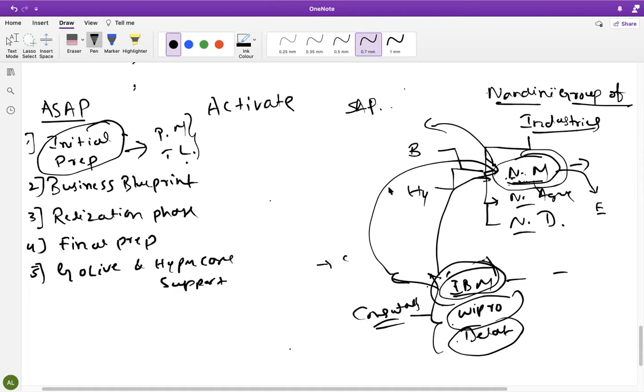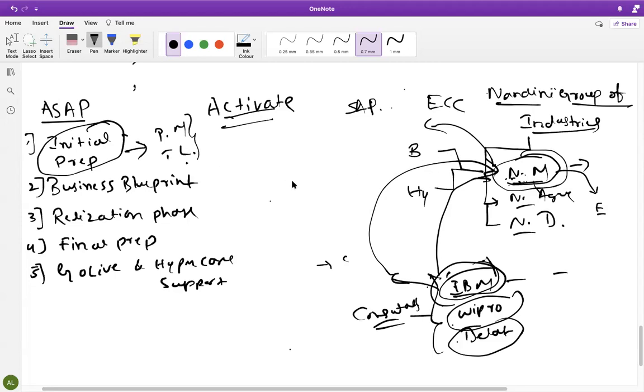However, they cannot implement it arbitrarily. SAP has given the standard: to implement SAP, use the ASAP methodology or the Activate methodology. In ECC, we used the ASAP methodology to implement SAP. Now in S4HANA, we need to use the Activate methodology. What is the difference between these two? I will come to that. I'm telling you how the exact process will start.